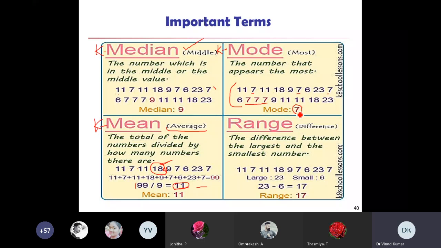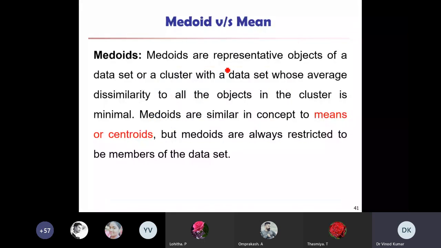So now I will take the central point, or centroid, as 7 if I am going for the k-mode algorithm. Based on this property, I can prepare a k-mode algorithm and cluster my data sets. See how it is happening. Range is not related here; range means difference. So these three terms are very much related to the partitioning method that you have learned.